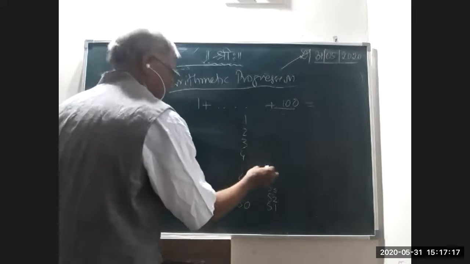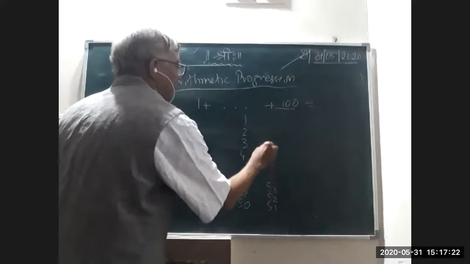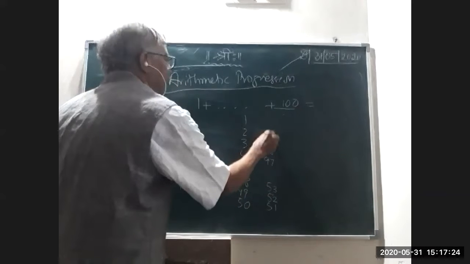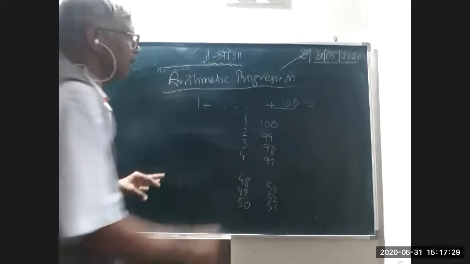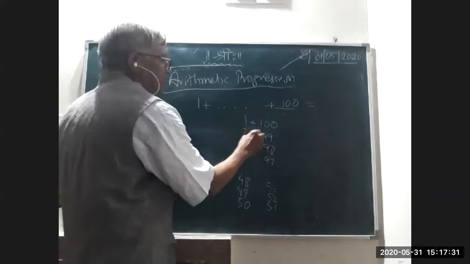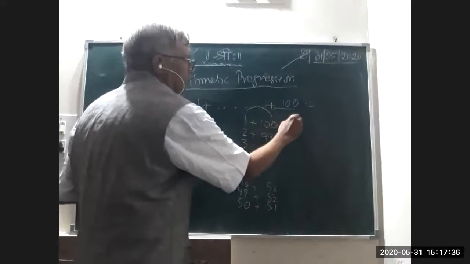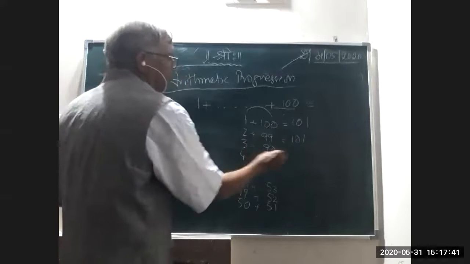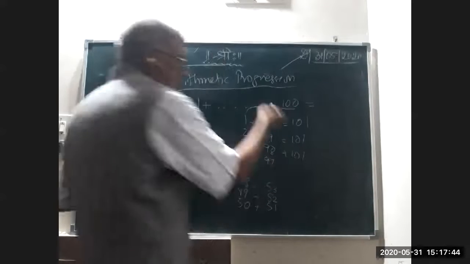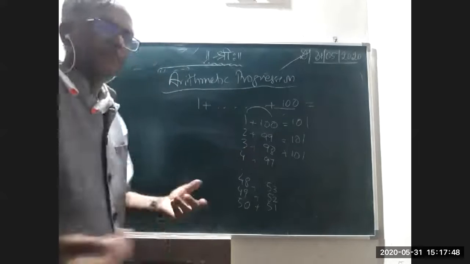Ultimately it was 97, 98, 99, 100. He ended up there. Then what did he do? He added this: 100 plus 1. Children, see the board. 101. 99 plus 2, 101. 98 plus 3, 101. Because it was to be added, either you add this way or this way, one and the same. There is no difference.